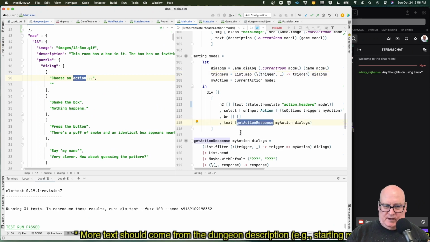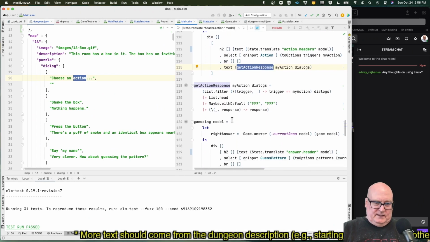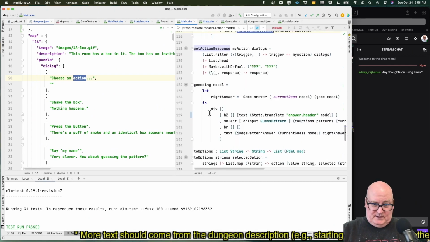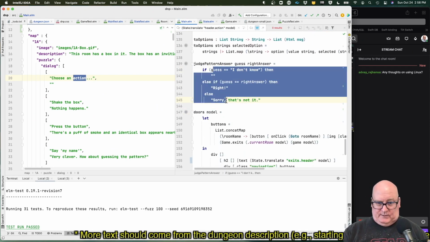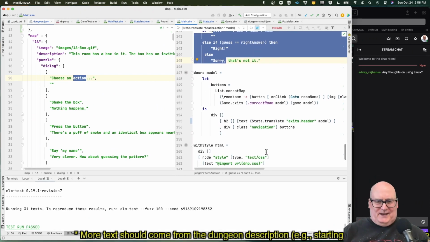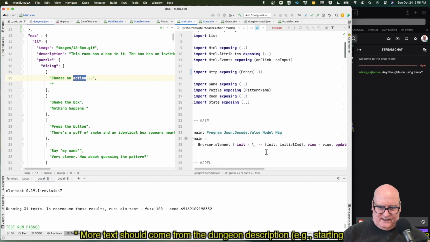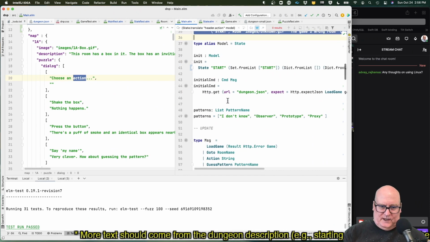Get action response. Oh, we got a whole function for that. And again, it's doing stuff to get there. All right. It's not doing 4 minutes of fix it quick stuff. So let's see, what can we do in the last couple minutes here? I think this is not clearly coming from the right place. It's coming from the wrong place. All right. Any other English text? Let's start there. Okay. There's something going on with this game 2. We got to figure that out.